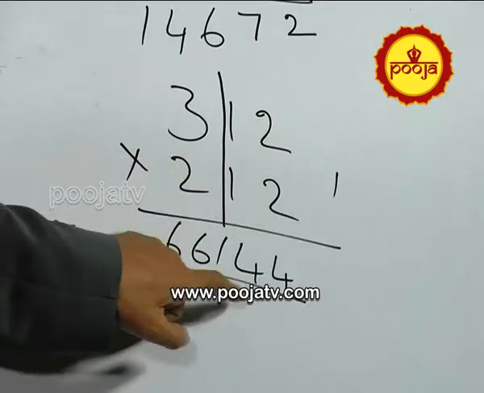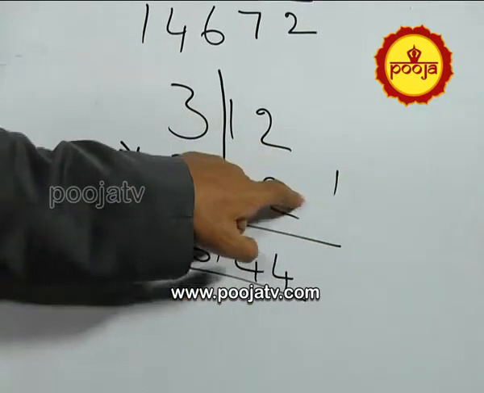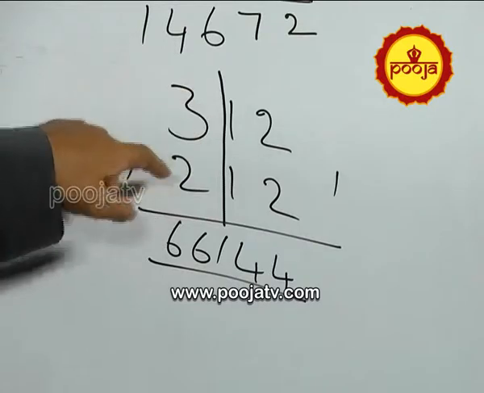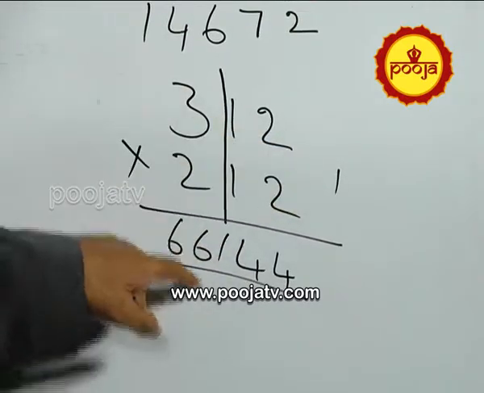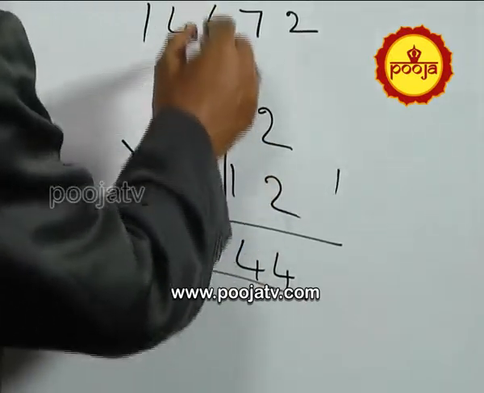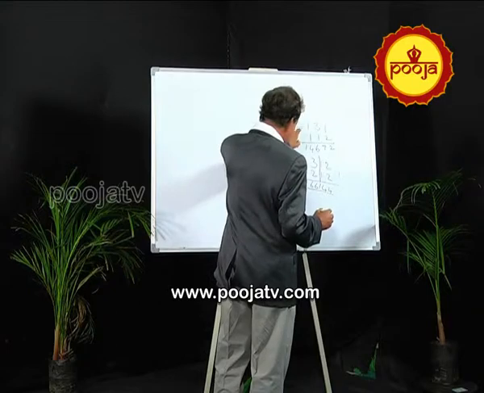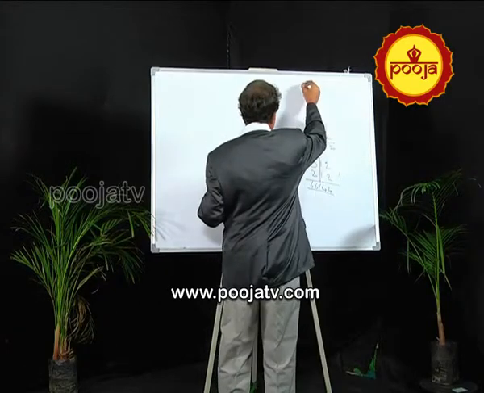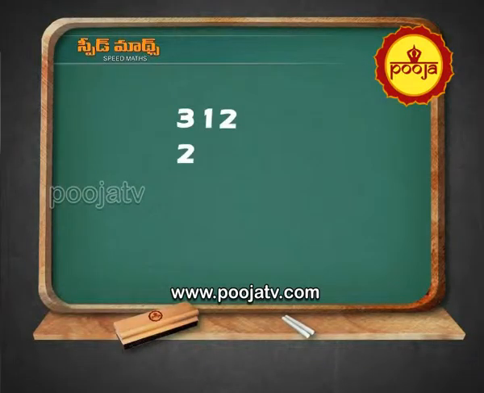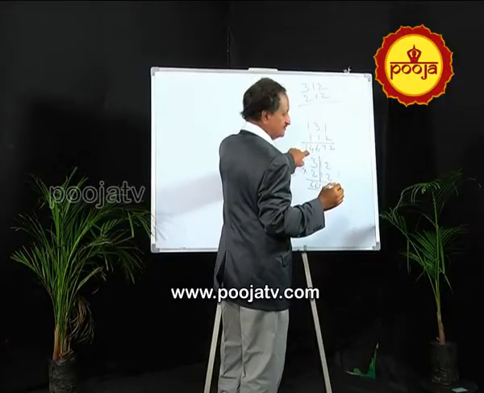So here easily you have done 12 into 12 is 144, 44 here, 1 outside, 12 threes are 36, 12 twos are 24, 60, plus 1 is 61, 3 twos are 6. But if you forget to give the slash, this can be done by crisscross. Crisscross is final, that I want you to see. See, 312 into 212. Suppose you forgot to give the slash or something like that. Now use crisscross. This applies.